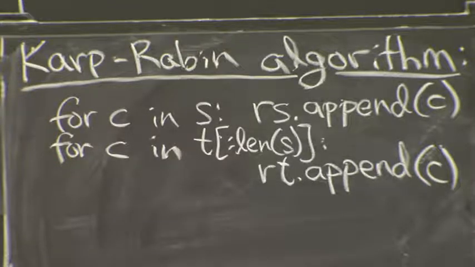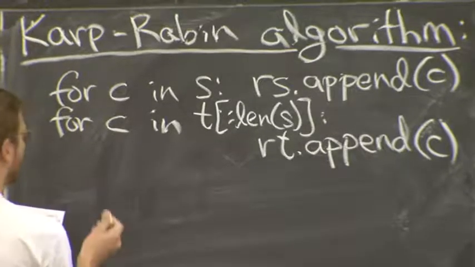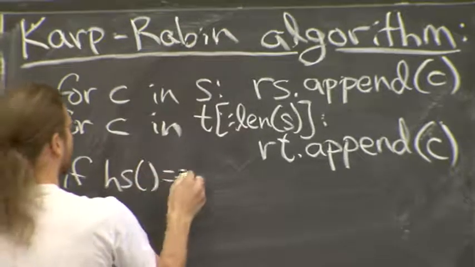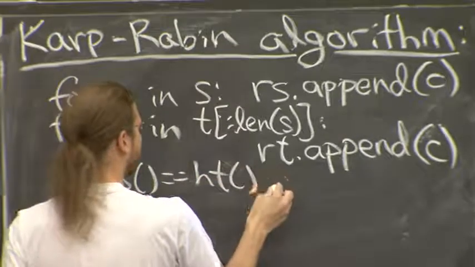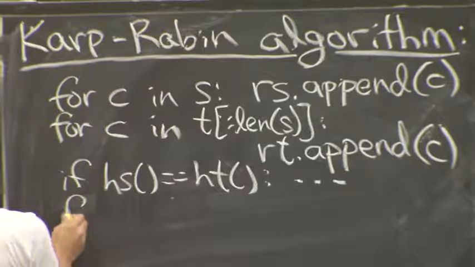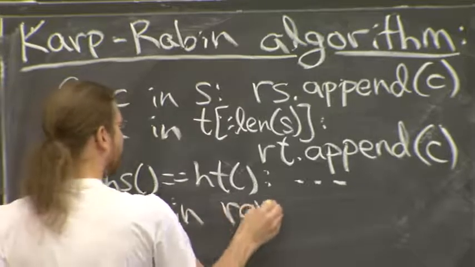So I should check whether they're equal. If they're not, add one character, shift over by one. Add one character at the end, delete character from the beginning. I'm going to have to do this many times. So I guess technically I need to check whether these are equal first. If they're equal, then we'll talk about it in a moment. The main thing I need to do is this for loop, which checks all of the other